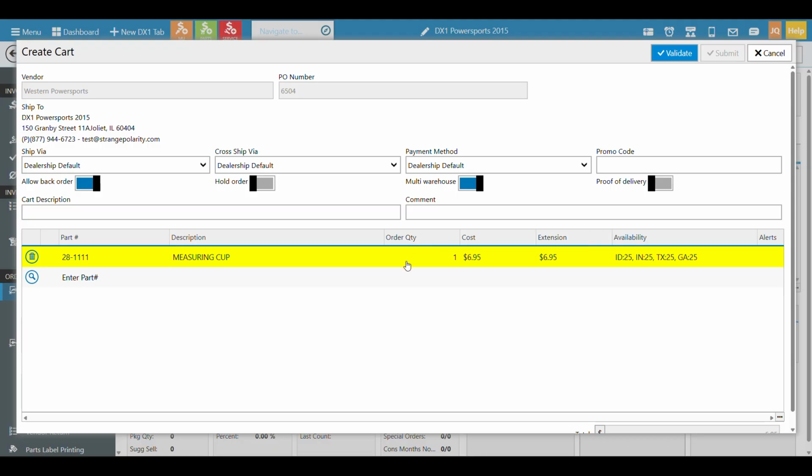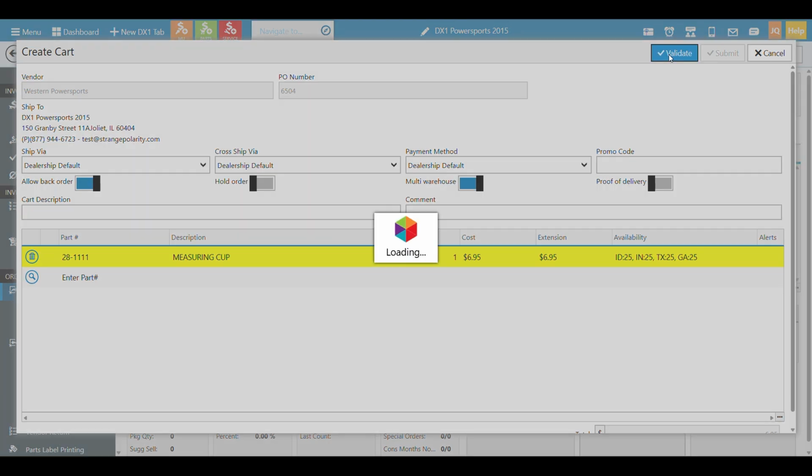What that's going to do is pull up our information. We do a quick check with them to show you the availability. Alerts might tell you if there's any type of package quantities or something important you need to know. You can configure all kinds of stuff here related to shipments, payment methods, proof of delivery, multi-warehouse, hold orders, things like that.